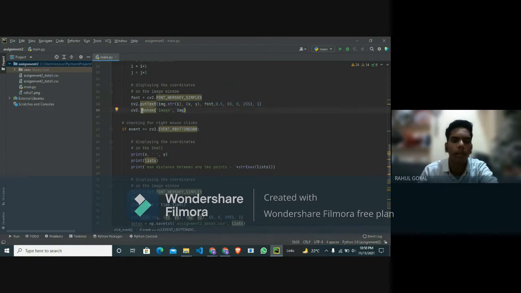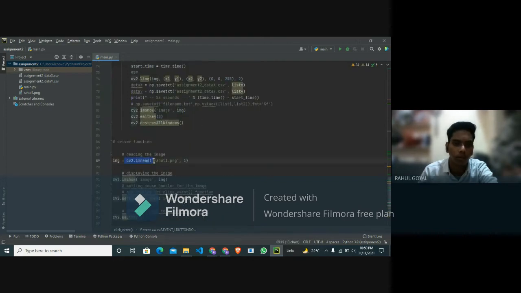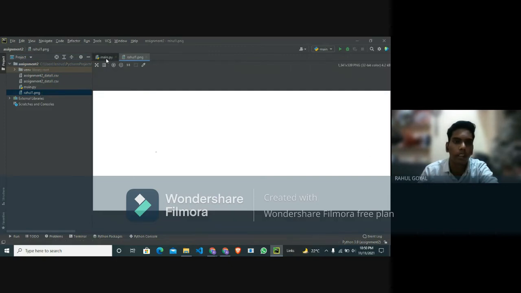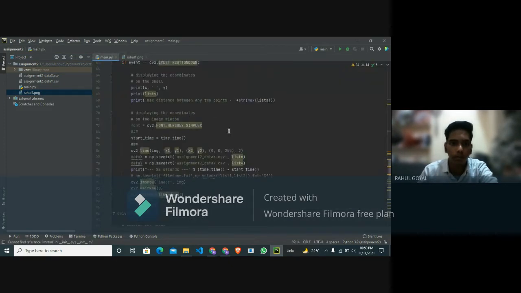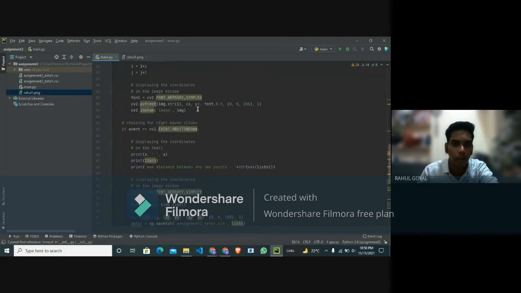cv2.imshow is a function of OpenCV to show the image, and there is the image show img. The img is the cv2.imread, where the image read is Rahul1.png. The Rahul1.png is basically a simple blank image. Then the function is: if event equal to cv2.EVENT_RBUTTONDOWN,